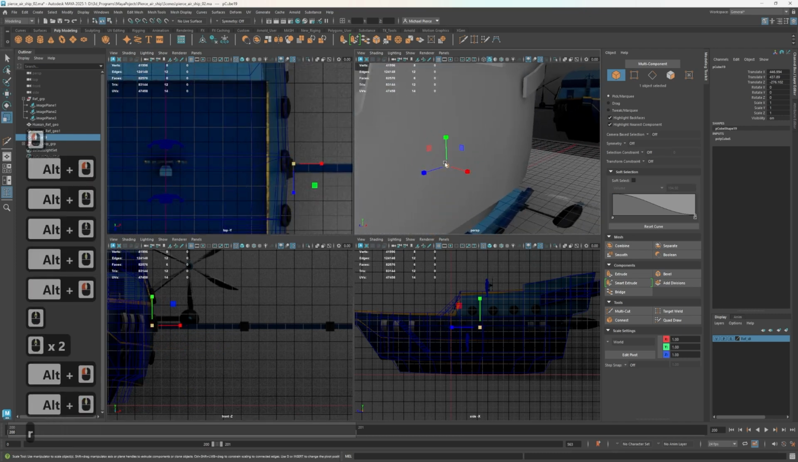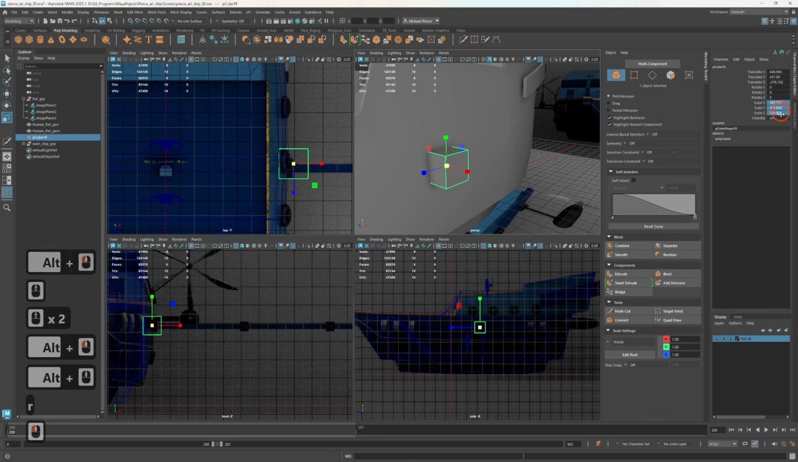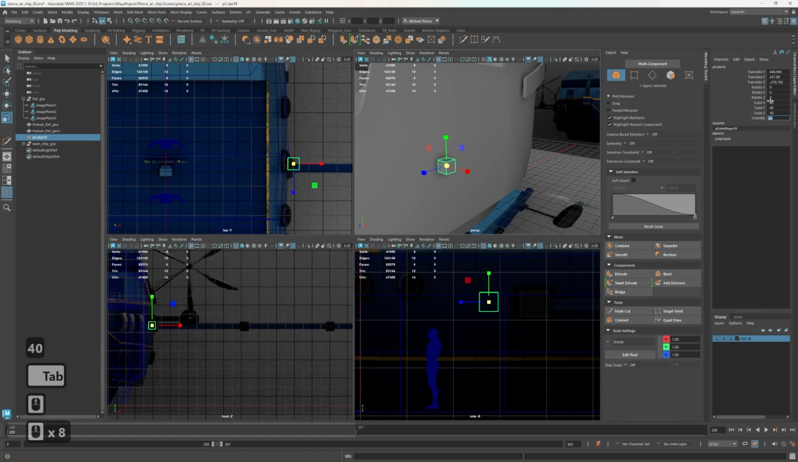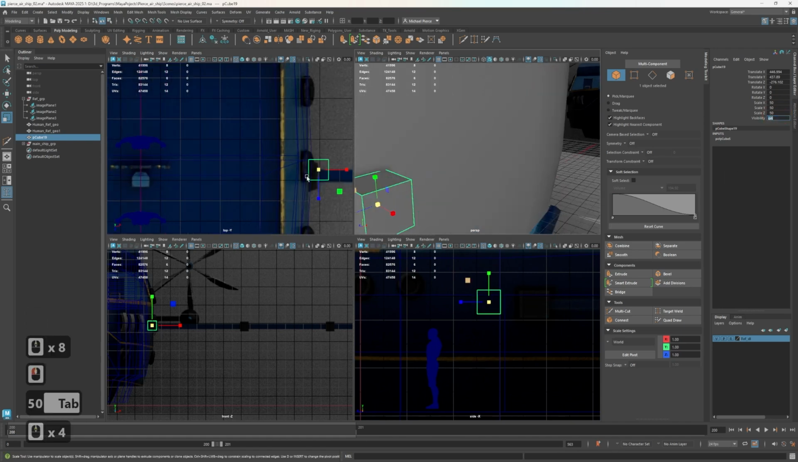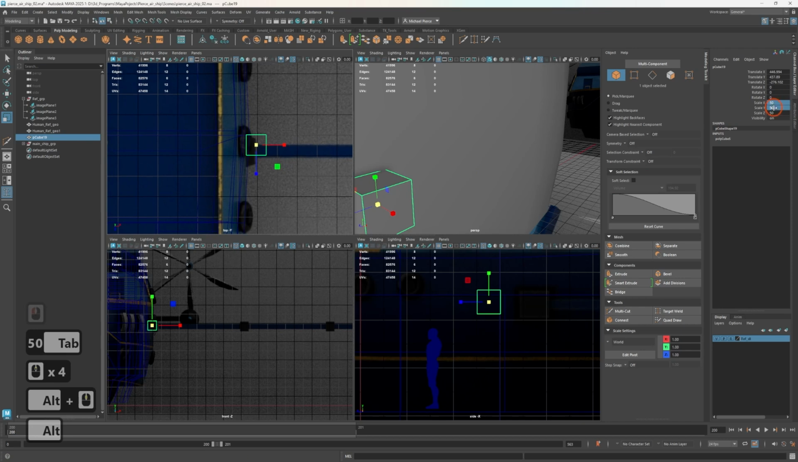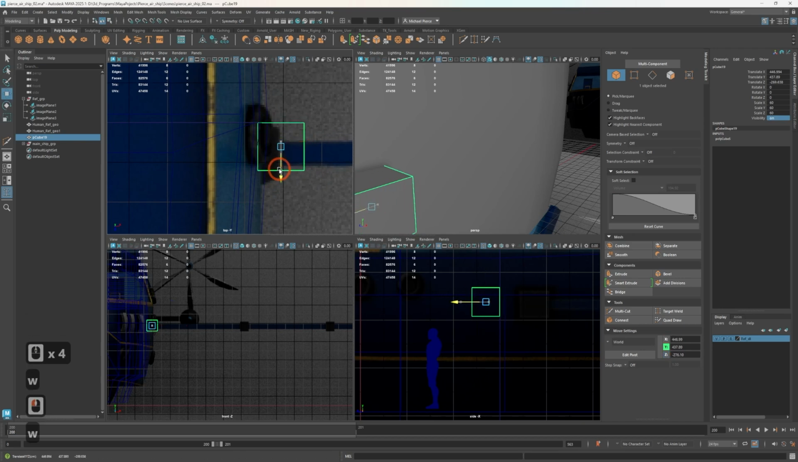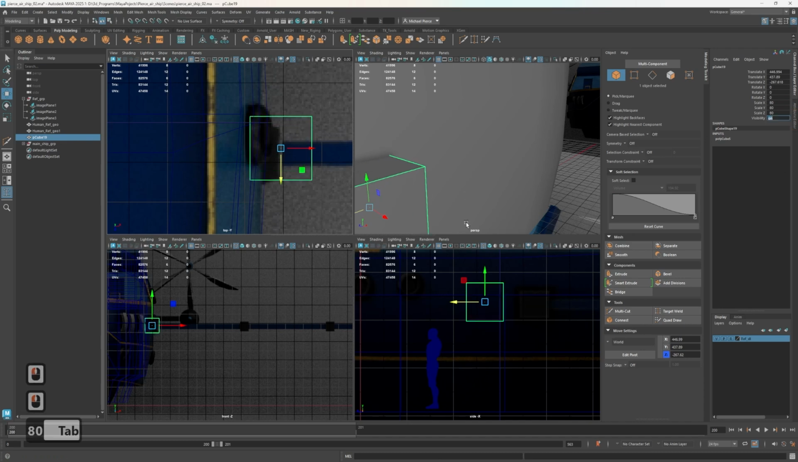Oh, I'm going to scale this up. I'm going to actually just make this a 40 by 40 cube to start me off. Actually, you know what? I'm just going to go 50. There. Let's make it 60. That's better. You know what? I'm going to go 80. Right? And then